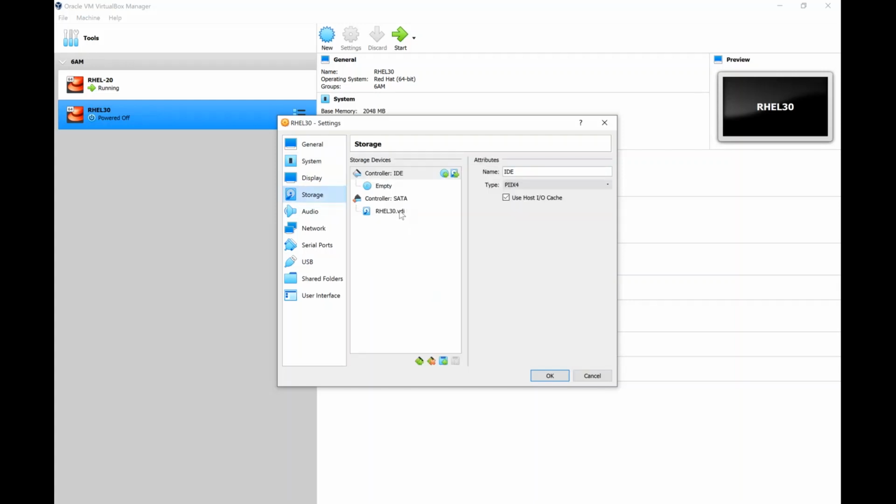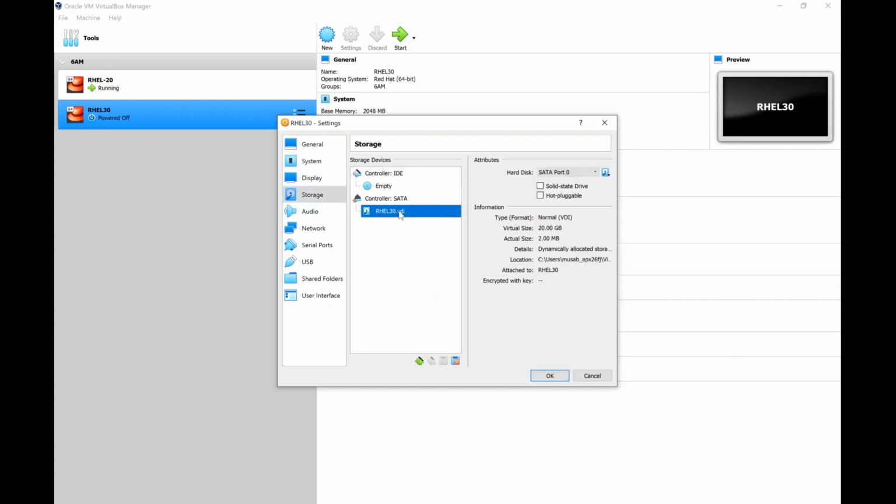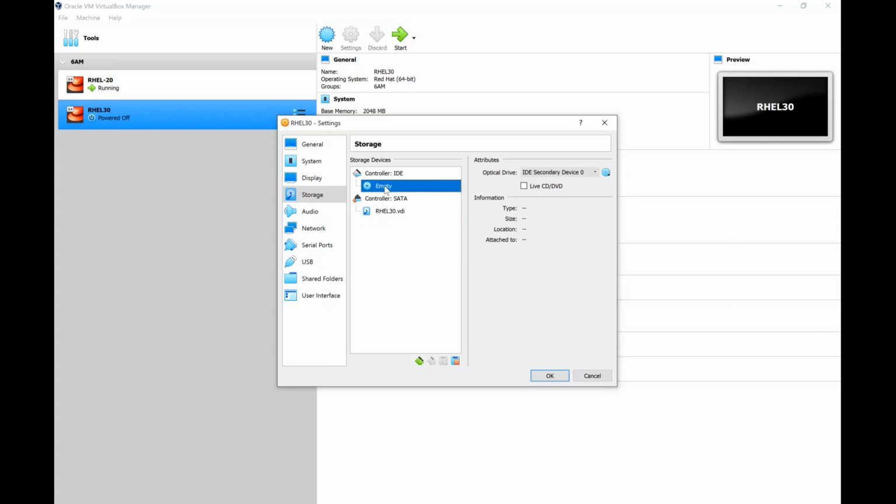We have allocated a 20 GB hard disk, keep it as it is. And CD drive, there is no CD inserted. So let me click on that CD button. And in the list, it is already displaying the last used ISO image. So I'll say use RHEL 8.3. If it is not displaying, then go with choose a disk file and select the file. So I'm selecting from the list. One more thing I'll do,